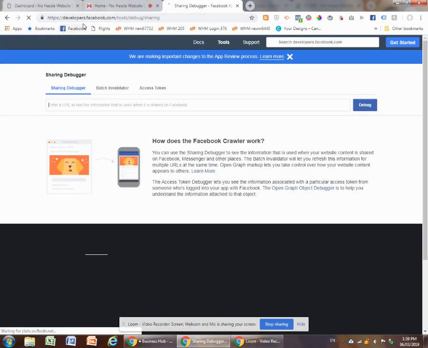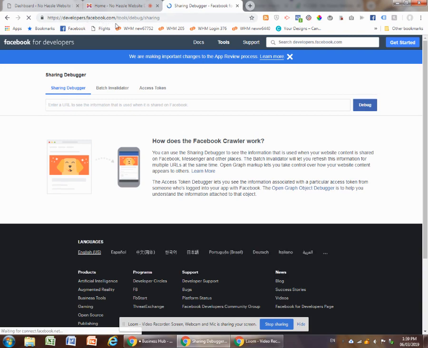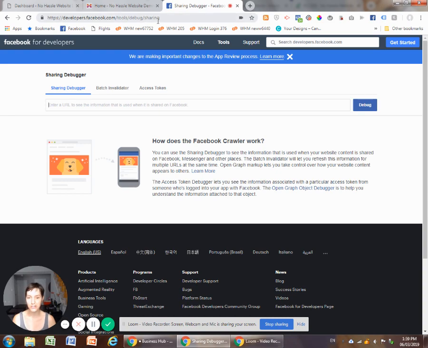It's developers.facebook.com/tools/debug/sharing. Okay. This is the link you need to go to. And then if we paste here the link that I just took, the homepage, and I click debug for